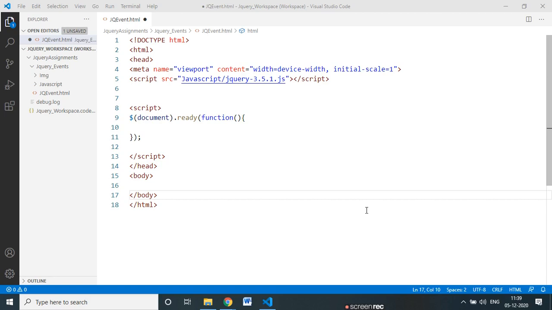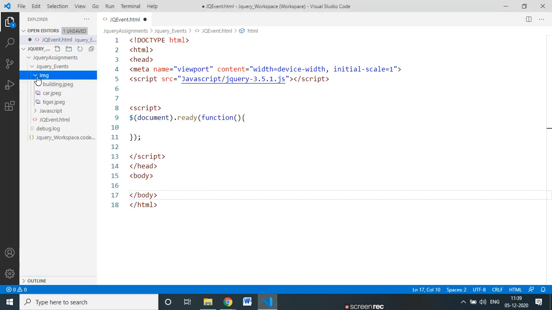We are doing the different operations in real time, and how we can use the different jQuery effects on a registration form. Okay, so this is our folder structure. In this folder structure, an image folder is there. Then a JavaScript folder is there. I will add one more folder for CSS here. Okay, so this is the CSS folder.